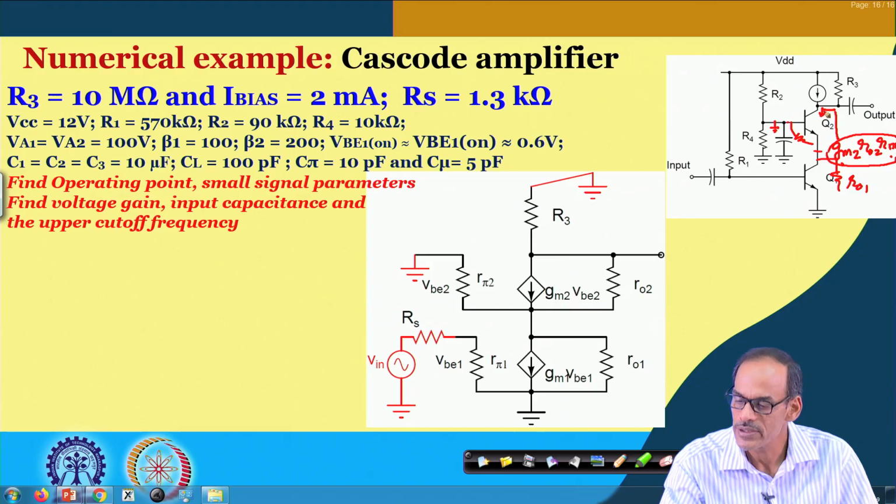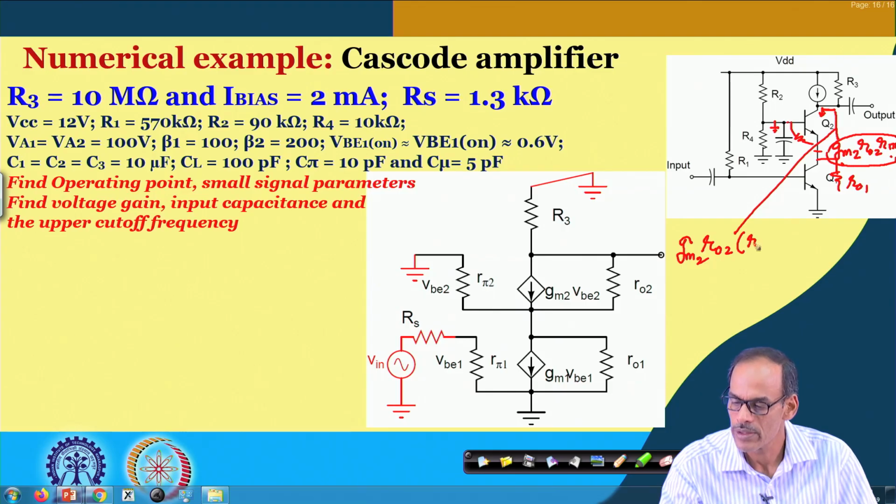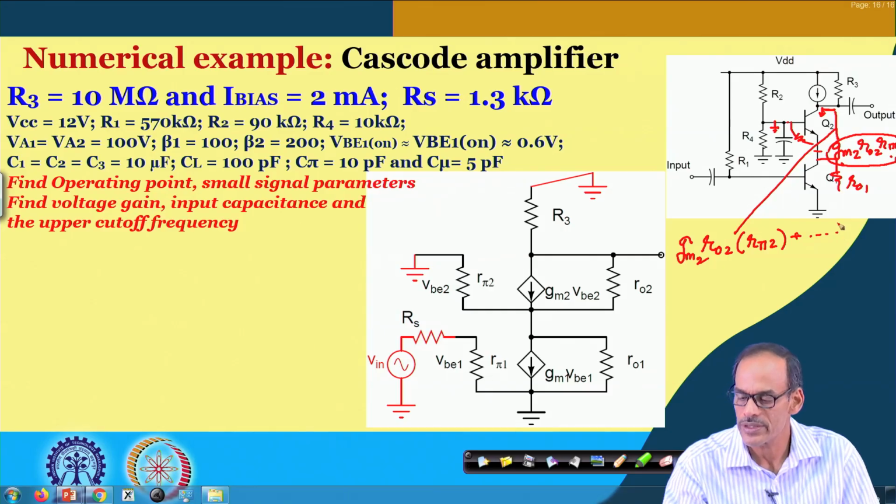So, whatever it is, if I consider this resistance here, it is gm2 ro2